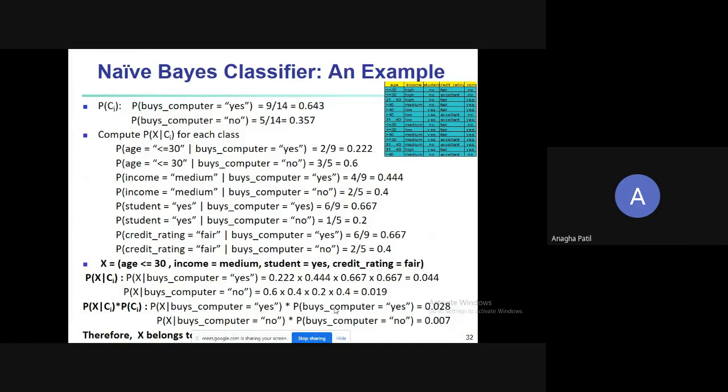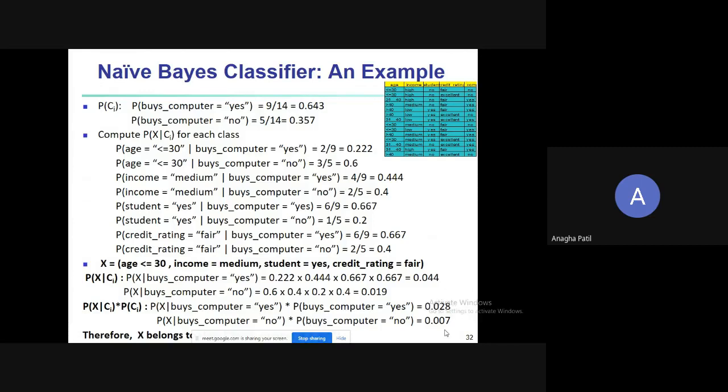We are not going to multiply the same value with buys computer equal to no; it's not required. We just multiply the probability of this particular attribute set by this, and you'll get some value. Similarly, no into no has to be multiplied, and you'll get certain values.